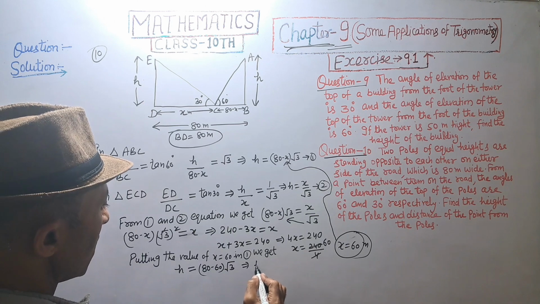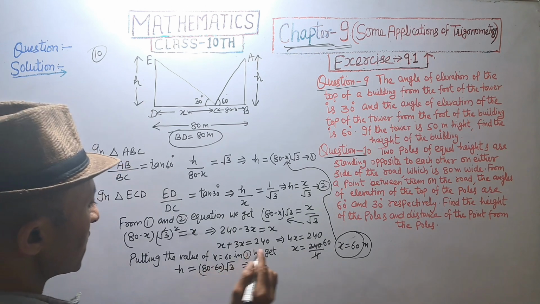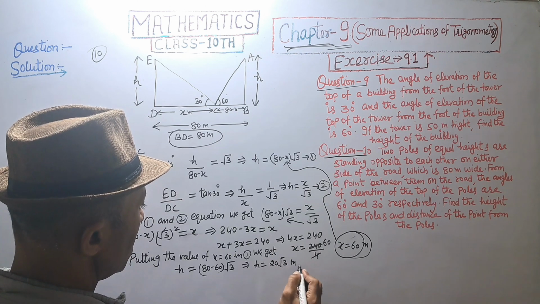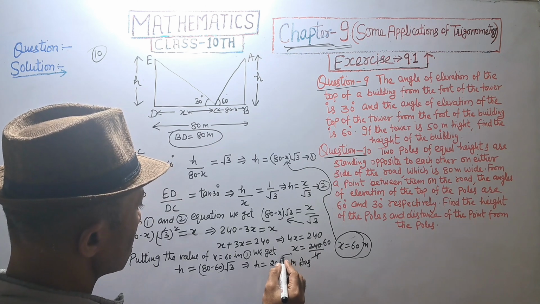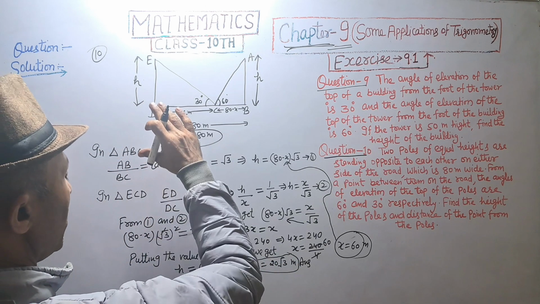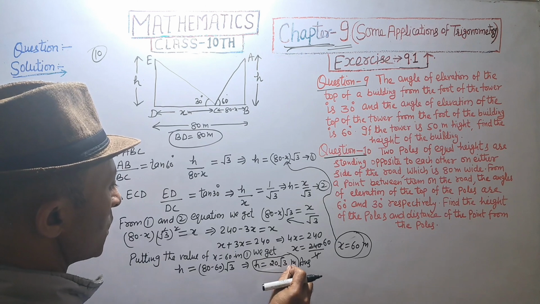This implies H is equal to 80 minus 60, that is 20 root 3 meter. Answer. Height of pole is equal to 20 root 3 meter